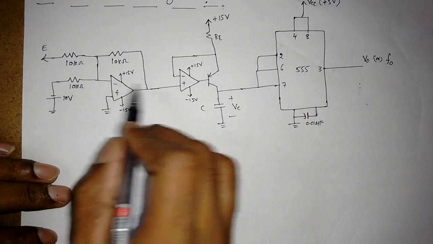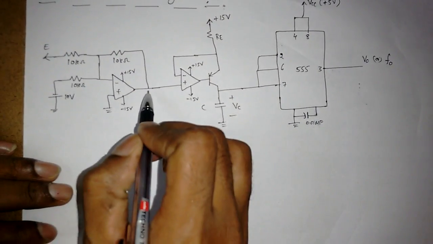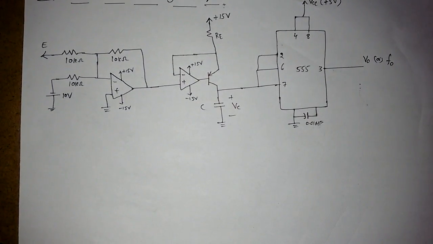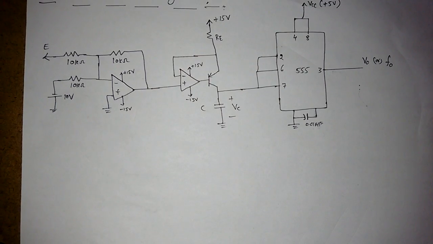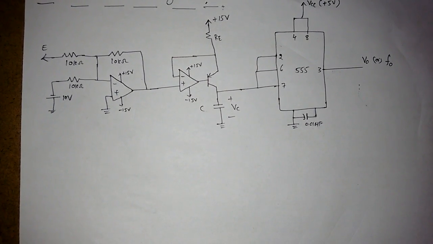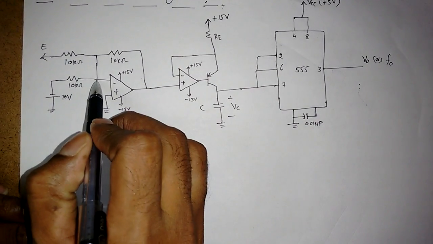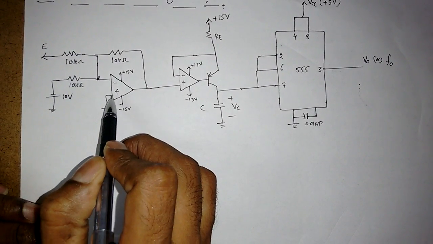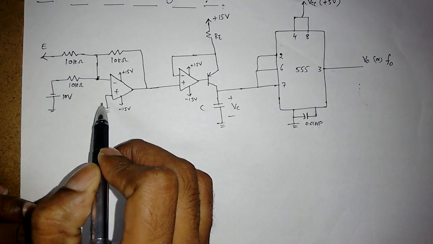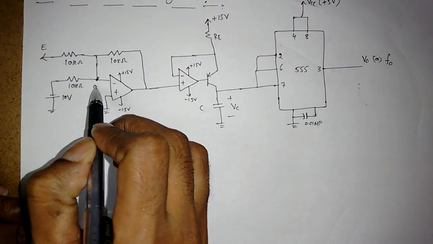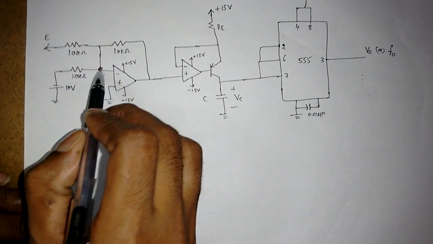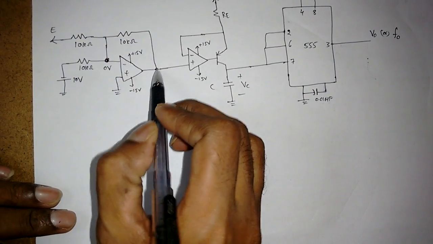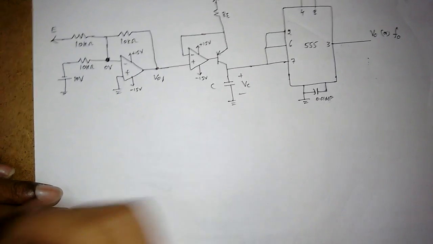Now we'll go step by step. So what is this op amp doing and what is this transistor doing, then again we will discuss the astable multivibrator operation, right? Now if you apply the virtual ground concept here, the minus terminal voltage is equal to the positive terminal voltage. This is connected to ground, so it will become 0 volt here. We apply nodal analysis here. So the output we can find here, the output I am calling V01.